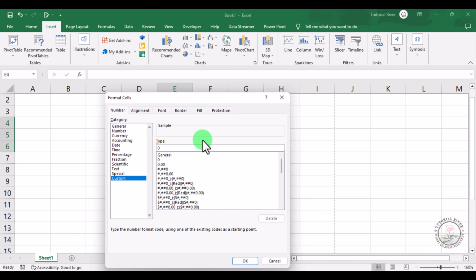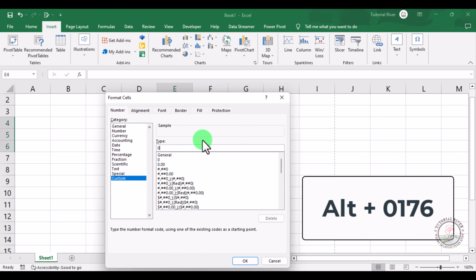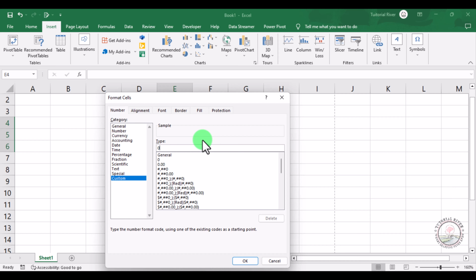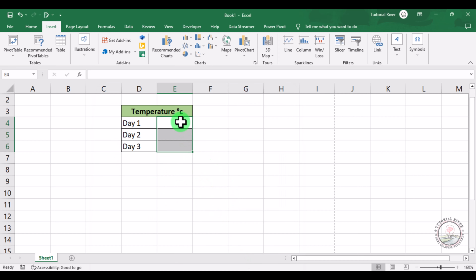How can you insert a degree sign? Just press the Alt key on your keyboard and enter 0176. Then release the Alt key. You will see a degree sign there and then insert C. Just click OK. Now if you enter any value there, suppose in day 1 the